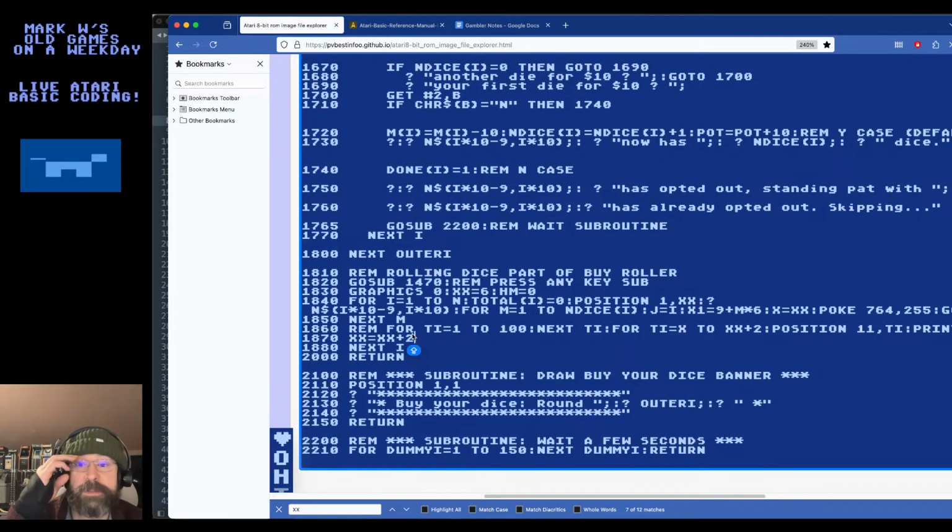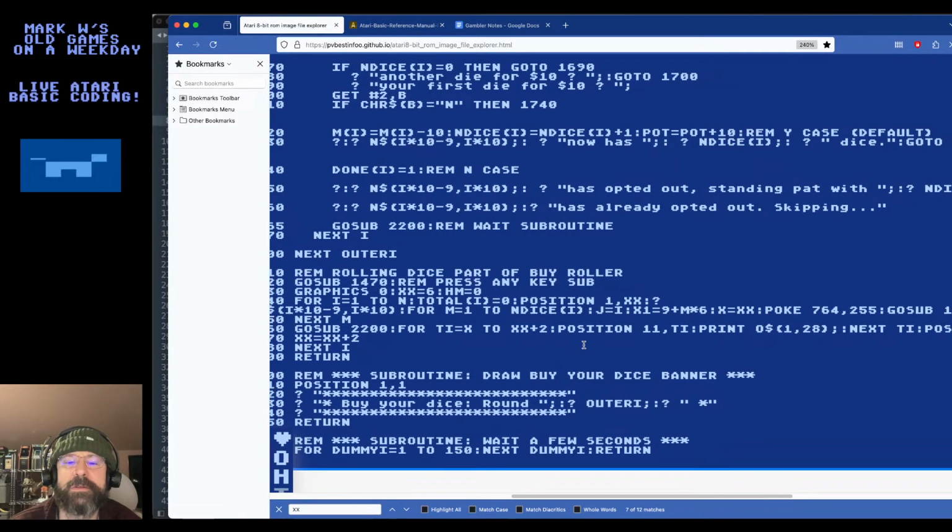Okay, let's try to decipher this line though. This is just a wait right here, the timer. I could call my subroutine for waiting, even though this one's longer. Let's do that though. I don't like these random embedded loops just for waiting. So we'll do go sub 2200. All right. Then for chi equals x to xx plus 2